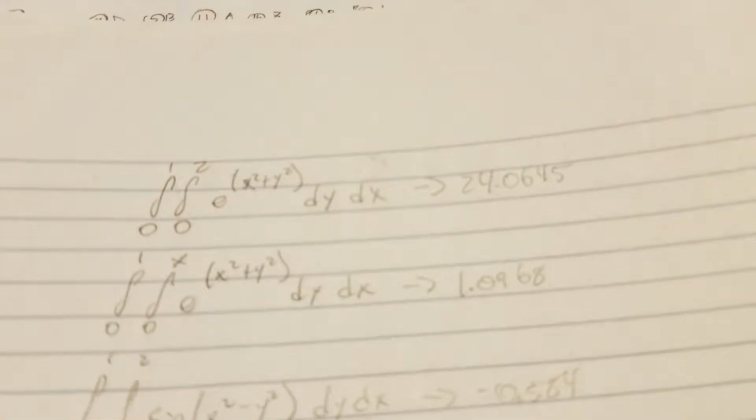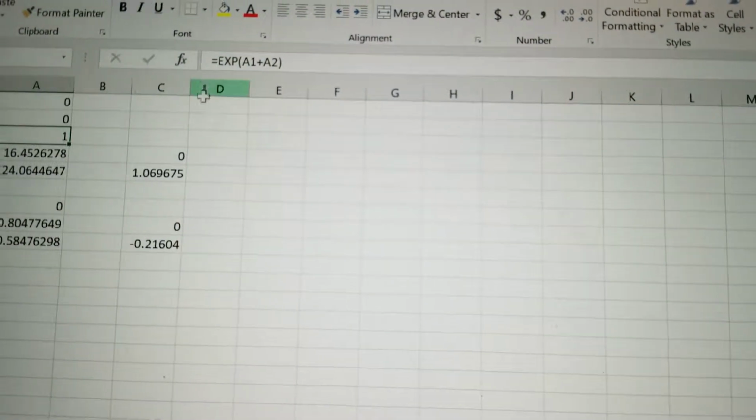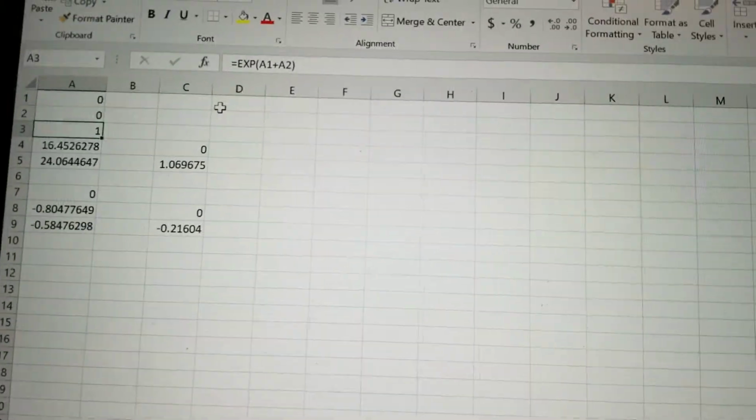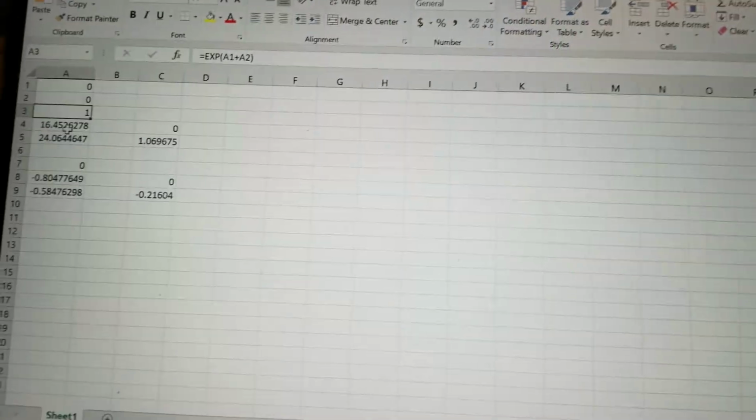So then for this one, sorry if I'm going too fast. For this one, the equation was e to the x squared plus y squared. So what I did was put the equation here: exponent A1 plus A2, which is x squared plus y squared, and the exponent. And how you use QuadF